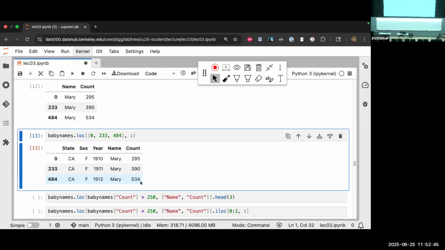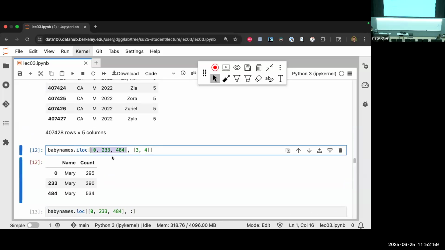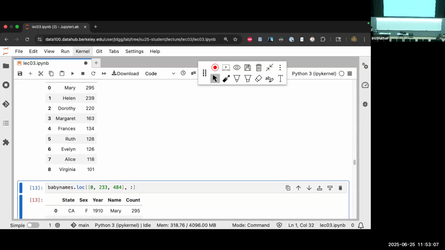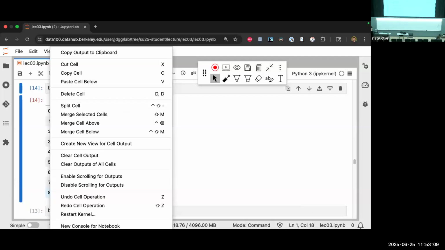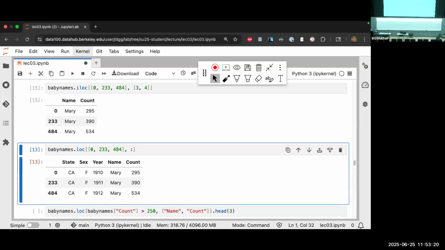Is there a hand here? Yeah, go ahead. So good, this is an excellent question. So .ilock, isn't that exclusive for slices? It's exclusive for slices, that's indeed correct. So if I were to say instead, let's grab everything up to 9, it's going to give us everything up to row 8. But it's only exclusive because that's a slice. It has that colon in it. Because we gave it an actual list with what we wanted, it's going to give us everything. The exclusivity is only with a slice. Good? Okay, great question. Okay, let's keep going.